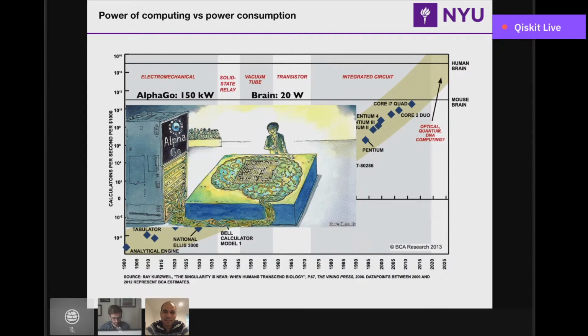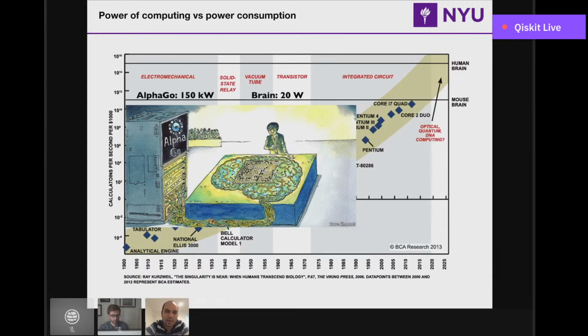But if you also put aside the power of computing for a second, what is thrilling us, I guess, is very strange: the power consumption, right? The project, I guess, Blue Brain, playing chess with a human master, the AlphaGo game that Google tried to build the master. If you look at the power consumed between the two players, a brain takes about 20 watts of power, and a machine that basically has to calculate all the possible optimization paths takes about 150